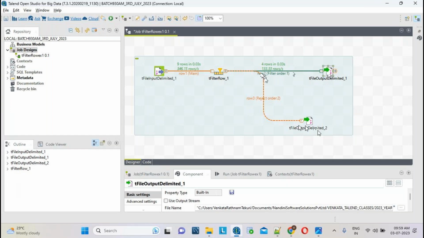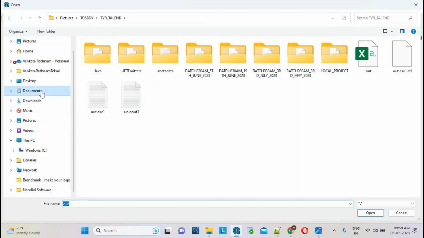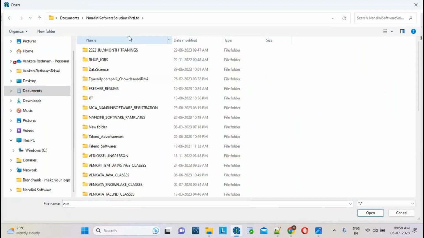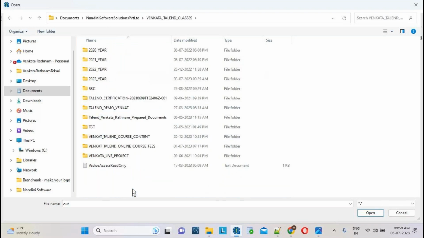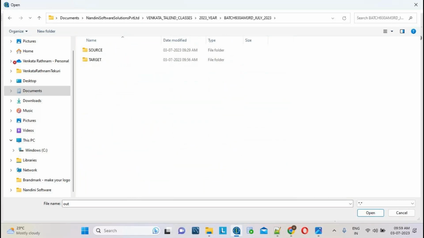Now I need to generate the output file. Let me double click the tFileOutputDelimited and browse the rejected path. I want to generate it under Nandini Software Solutions Private Limited, Venkata Talent classes, in the 2023 year, June folder, July folder, in the target folder.